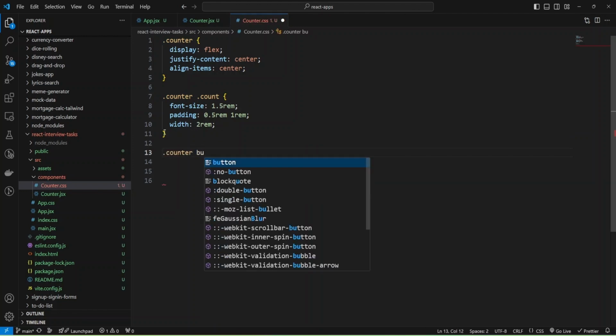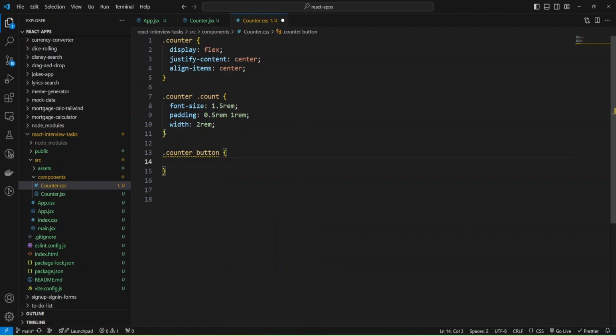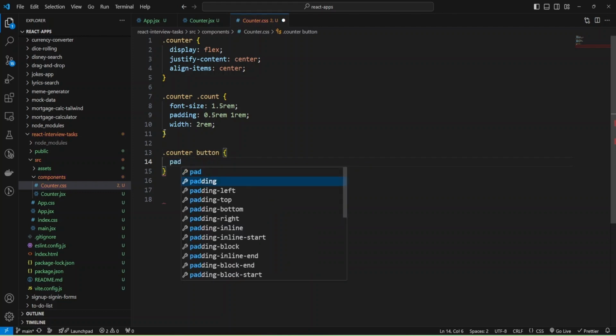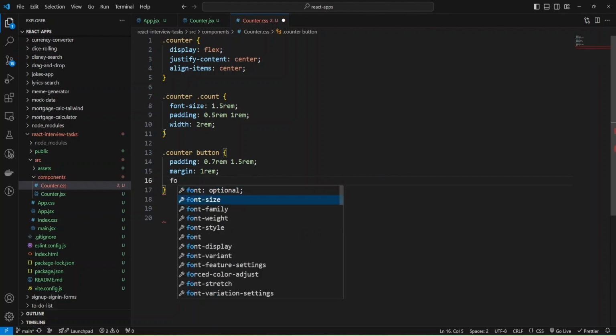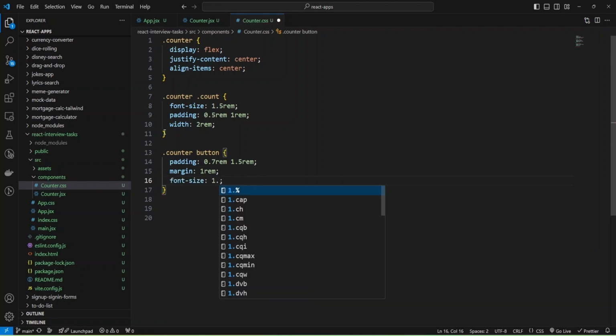I'll add styles for the button, and I'm going to add some padding like 0.7 rem for top and bottom and 1.5 rem for left and right, and also add some margin 1 rem, and add font size like 1.5 rem.